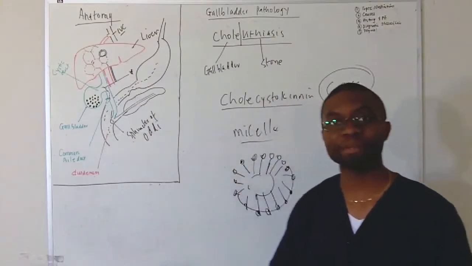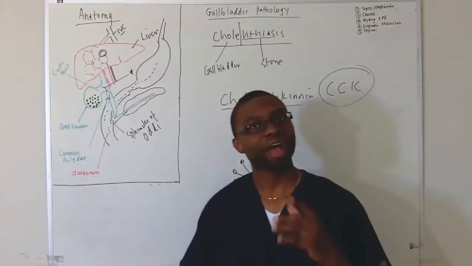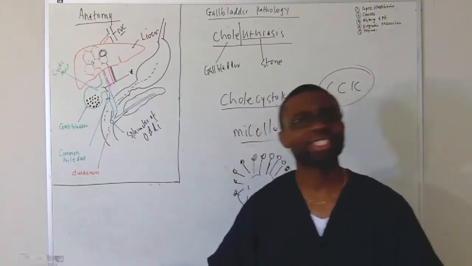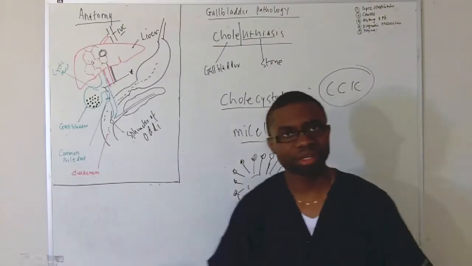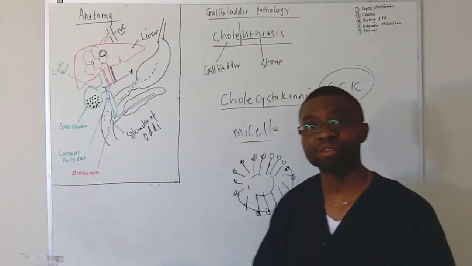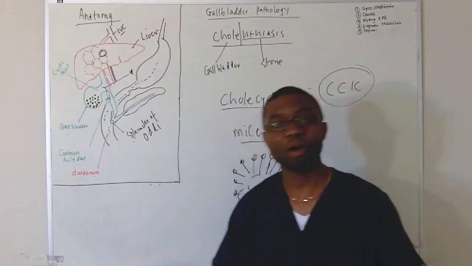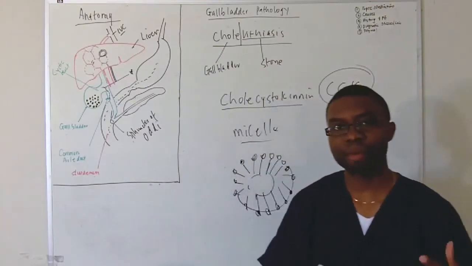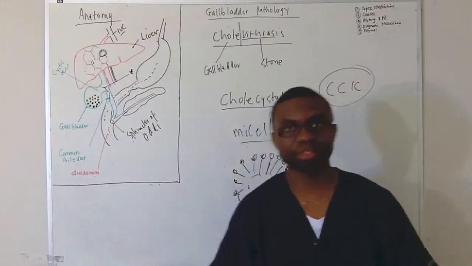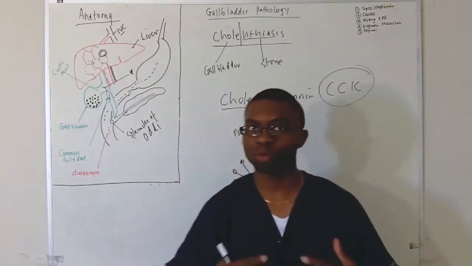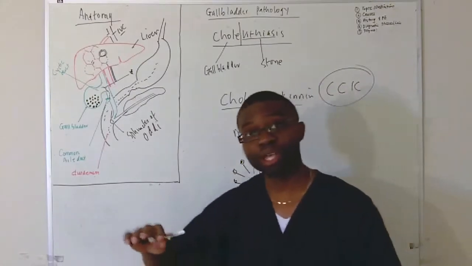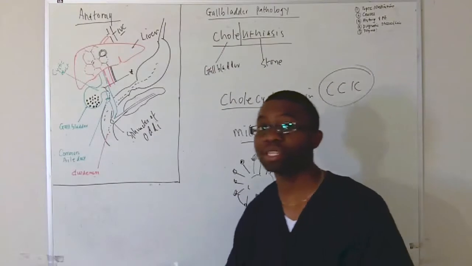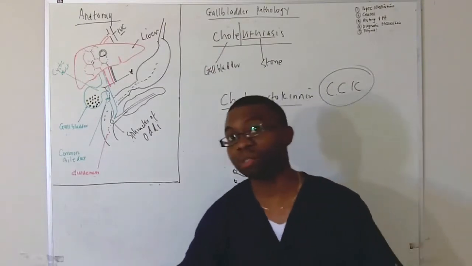So now that we know what happens, actually, I forgot to tell you how bile is made. What is bile made out of? This is still basic physiology before I actually start. Bile is made out of cholesterol, right? Also, you can be making it out of what? Pigments from bilirubin. As you can remember from your basic physiology in medical school or pharmacy school, wherever school you go to, when red blood cells are broken down, they can form bilirubin and biliverdin, and all this can be shunted down